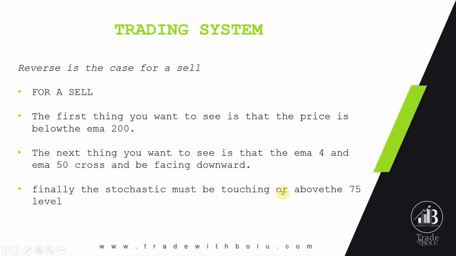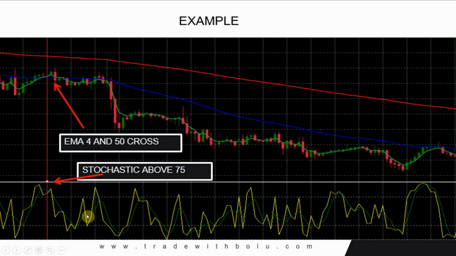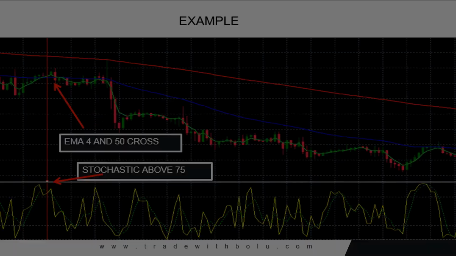Then stochastic will be touching or above 75. So you can see the stochastics are clearly above 75 here, and then that's a pretty nice sell opportunity on the second reversal candle, which was this, right? So nice for 15 pips take profit, which actually definitely worked. So that's exactly what we have today for the trading system. All right,